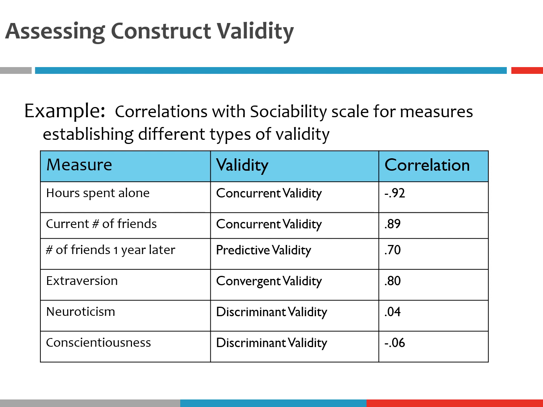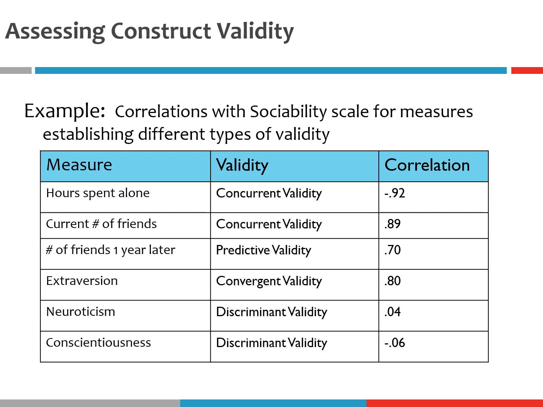The scale is predicting in a way that makes sense the behavior, right? The scale and the behaviors are correlated here. Now for predictive validity, you have to look into the future. So you have a sociability scale score, right? And you're trying to predict number of friends 1 year later, and you see it's 0.70. So that means if you score higher on the scale of sociability, you're probably going to have more friends 1 year later. And we can actually follow the people for that entire year and gather the